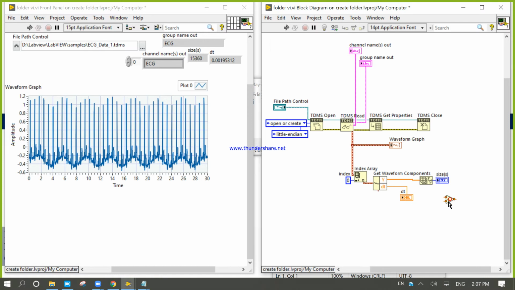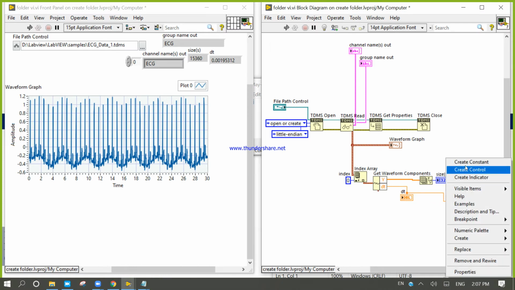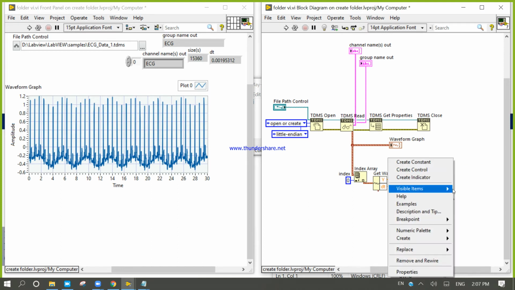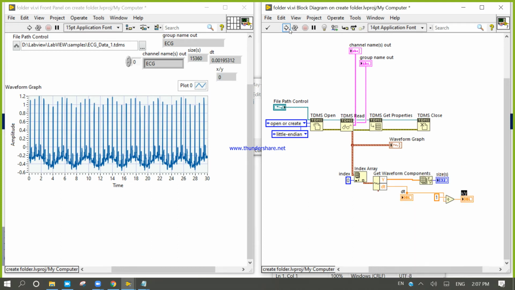divide 1 by, so the output will be my sampling rate.